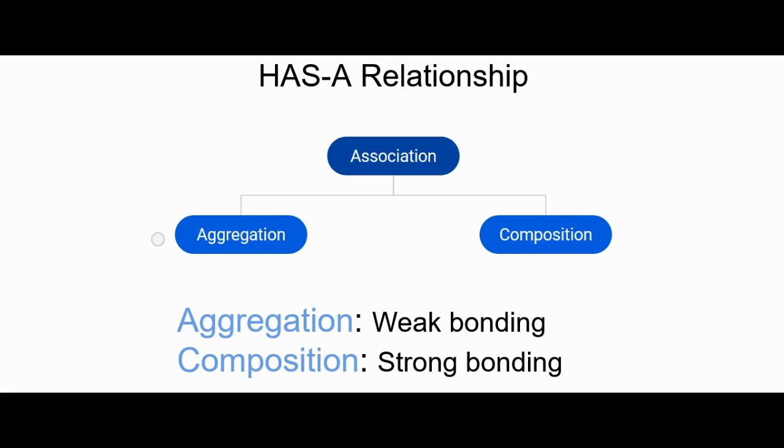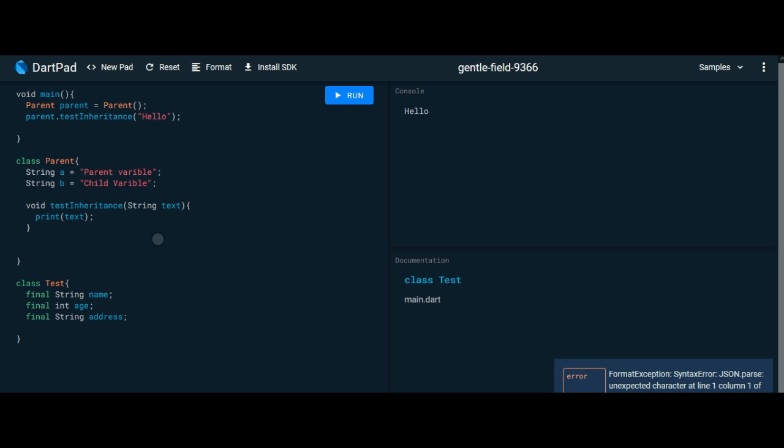And the other way, school has courses. If a school is closed, then the courses will also be closed. So it is called strong bonding, which comes under composition. Aggregation is called weak bonding, which comes under professor and school. Okay, I hope I have explained it to you. In programming terms, if you want to know, like